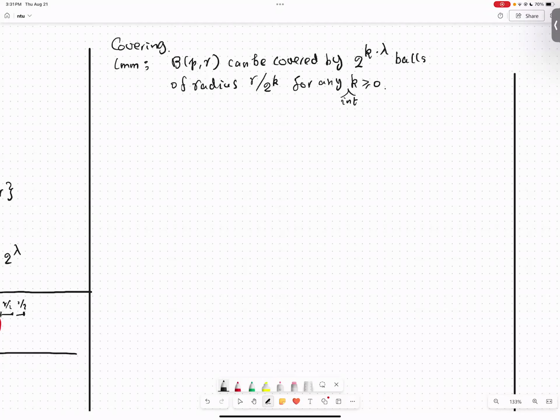If k is 0, then basically it's trivial, because B(p, r) can be covered by one ball of radius r, just itself. Okay, good. So if k is 1, then it says B(p, r) can be covered by 2 to the power of lambda balls of half the radius,